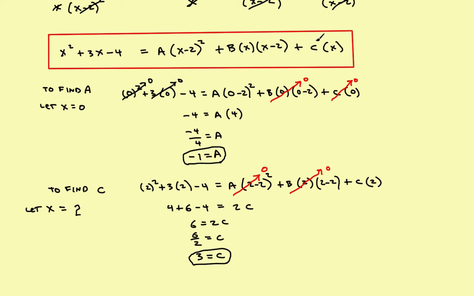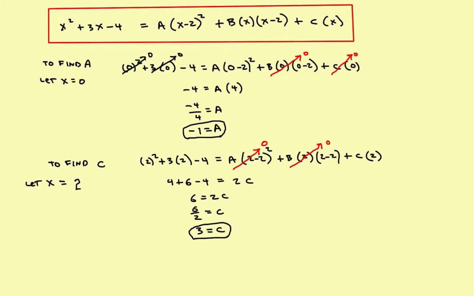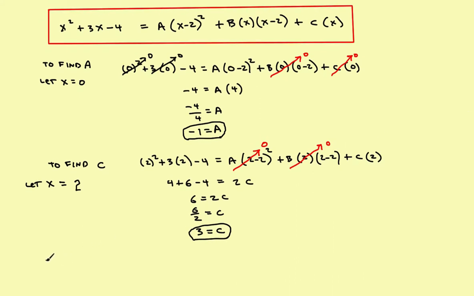And what that means is you can plug in any other value for X, and you'll have one equation and one unknown. Now, as far as what number to plug in, the only thing you have to be careful about, and I think we'll scoot down and put it right here. Let's move it down just a little bit here. And we'll say this. So we want to find B. So to find B,